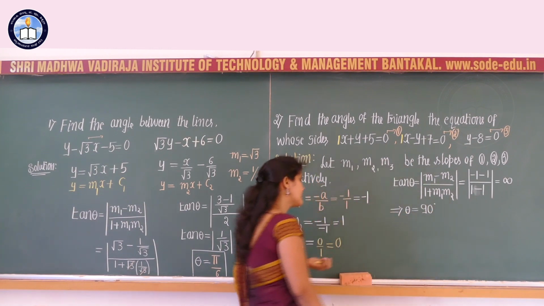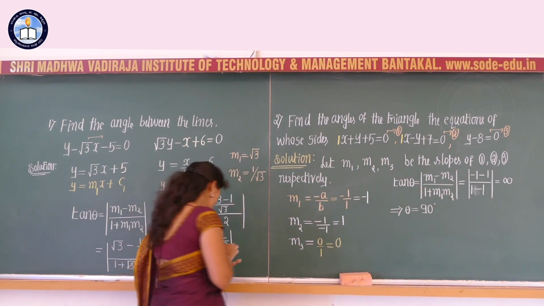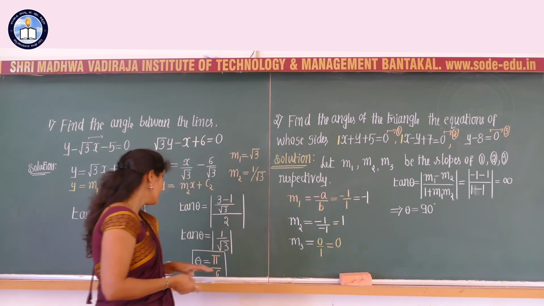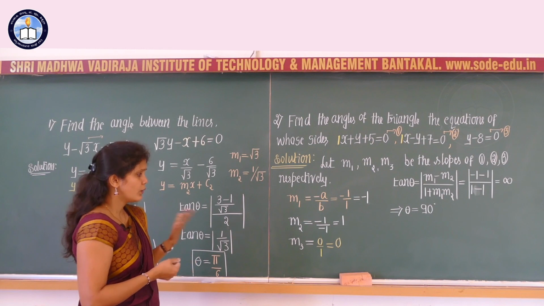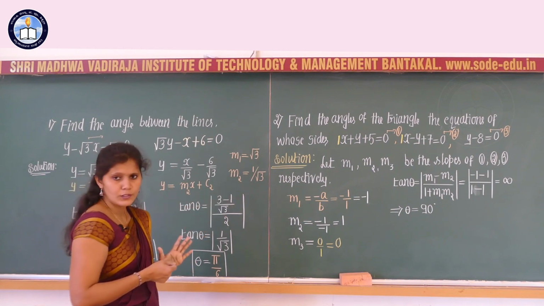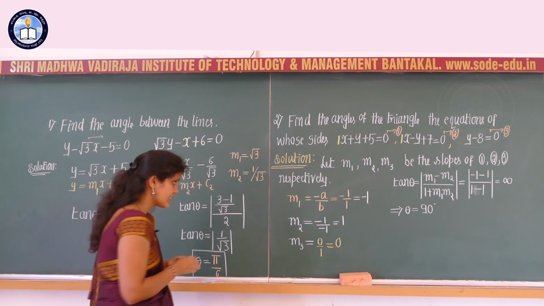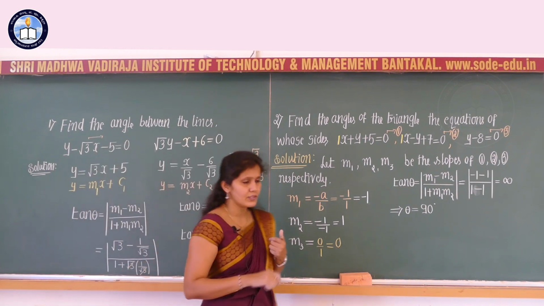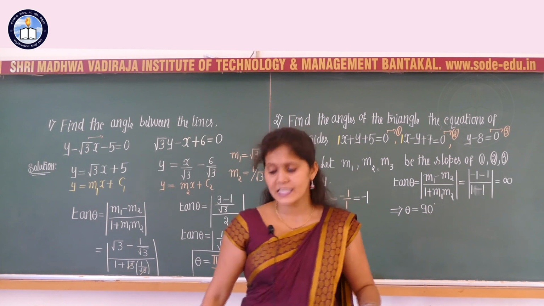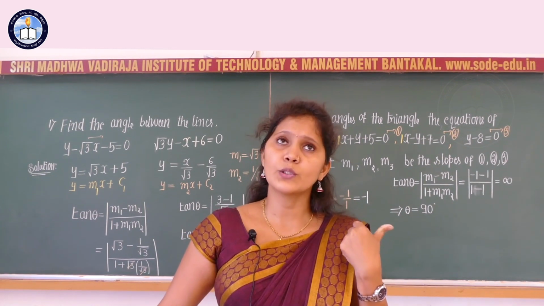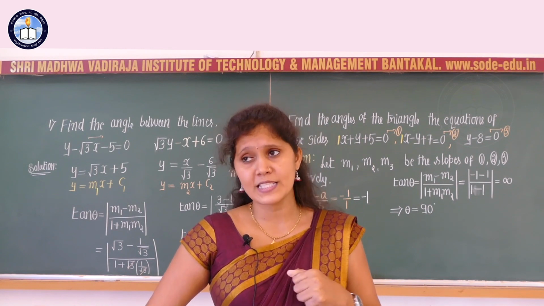Tan 90 degree is nothing but infinite. So m1 into m2, that is, m1 is perpendicular to m2, or there is no need to write this formula also. If you are not writing the formula, then which method can I consider? We have already derived the condition: if two lines are parallel to each other, what is the condition with respect to their slopes? Or if the two lines are perpendicular to each other, what is the condition?